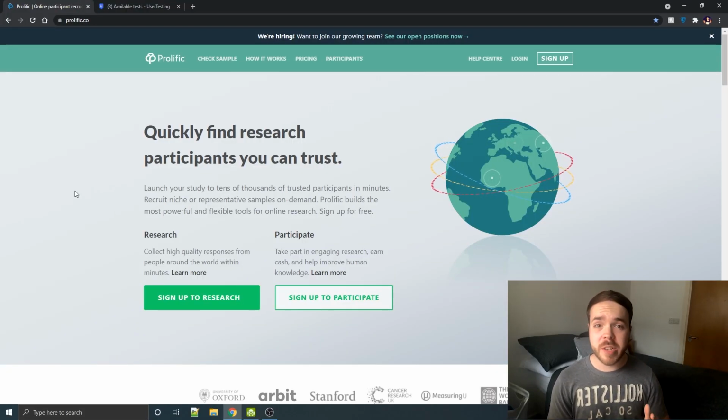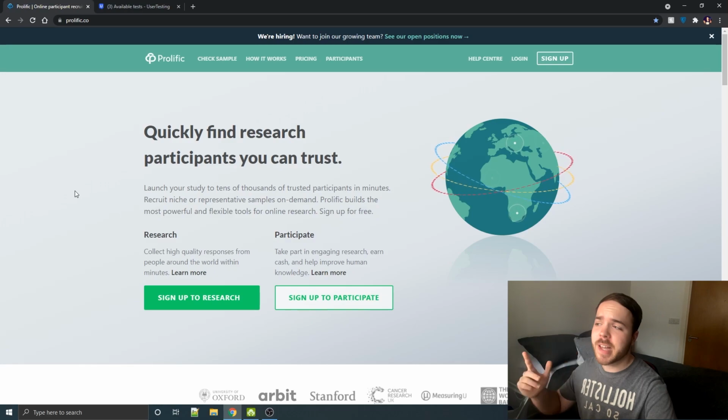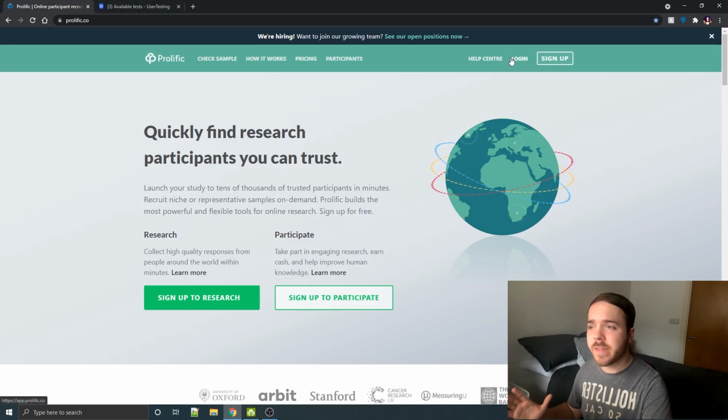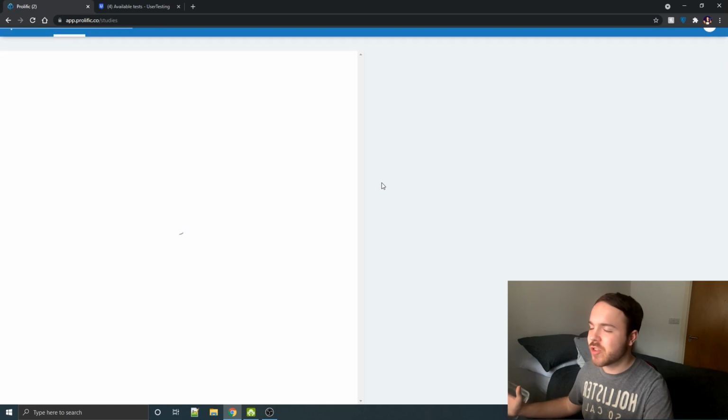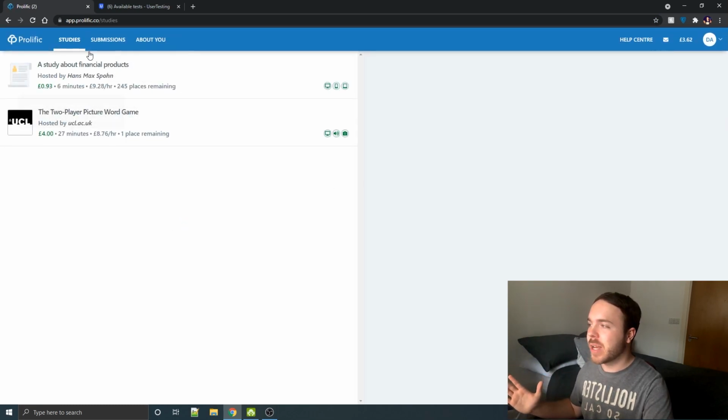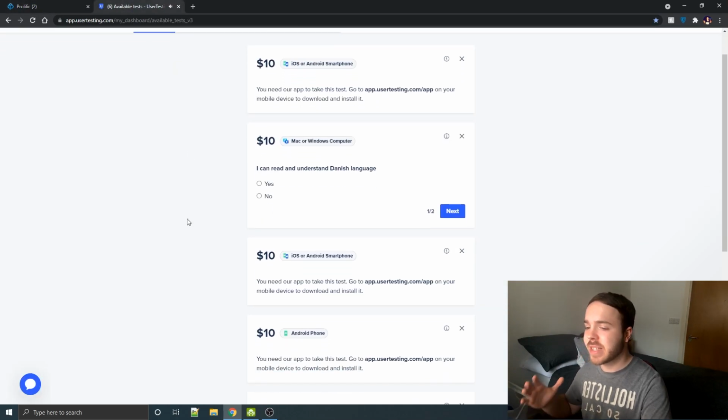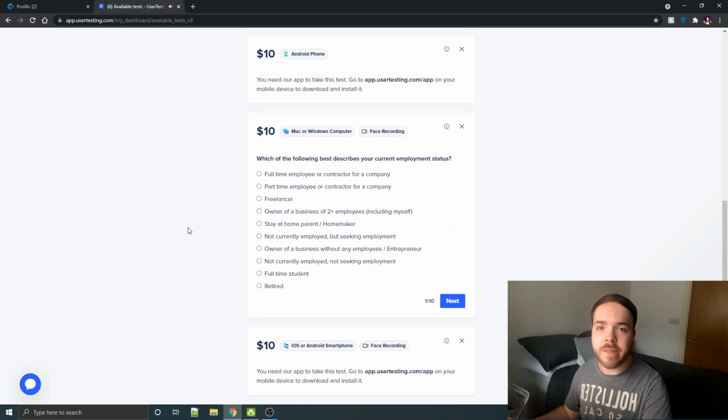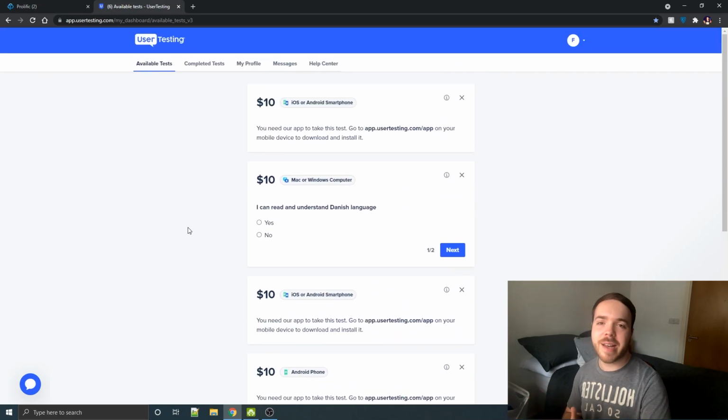So the first two sites I open up instantly the second I get into my computer are, to start with, we have Prolific, and then we also have user testing. So with Prolific, it's just a case of getting straight away logged in here, and we have our tests automatically available that are there ready to do. And then we come over to user testing, and as you can see, there are quite a few there available as well. So how I decide which ones to do